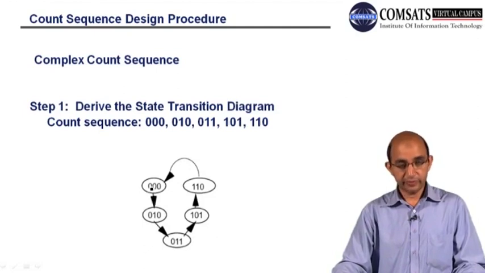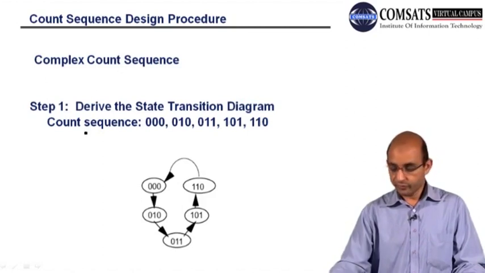So normally we started from 0 0 0, 0 0 1, 0 1 0, 0 1 1, 1 0 0, right? So what normally we do, we start from 0 0 0 and finish till 1 1 1, right? So here we don't have any 1 1 1. So this is sort of different. After having this state, we will reset to 0 0 0. So this is something different, and we have to design a circuitry in order to have this complex count sequence,